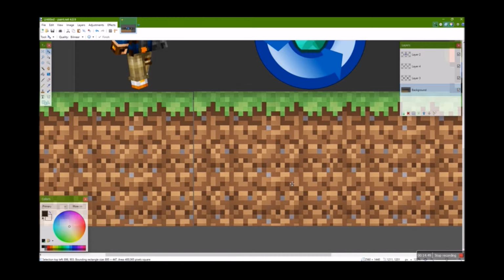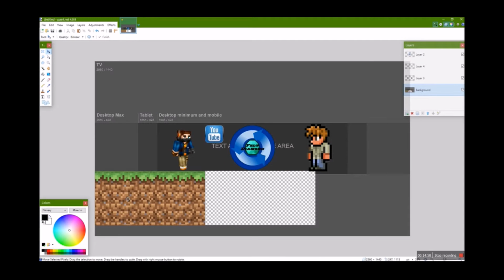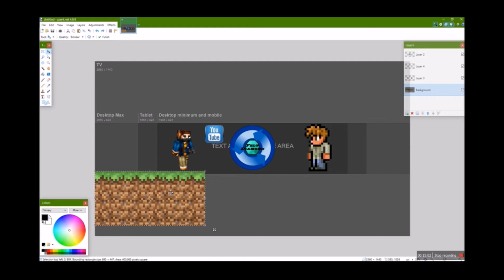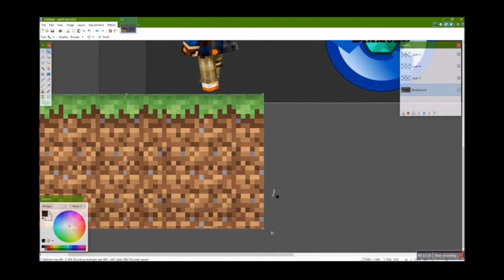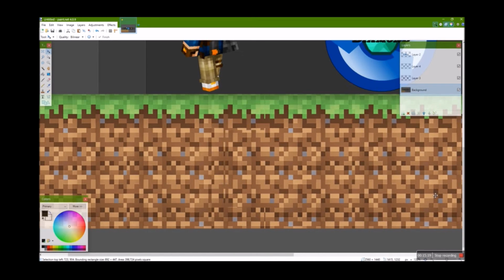Okay, hold on. Oh, okay, I just realized something. We're going to move this over there because if you look close enough, there was a little gray spot right there that we had copied. So now if we copy that one more time, paste it, move it over, basically repeat this process until